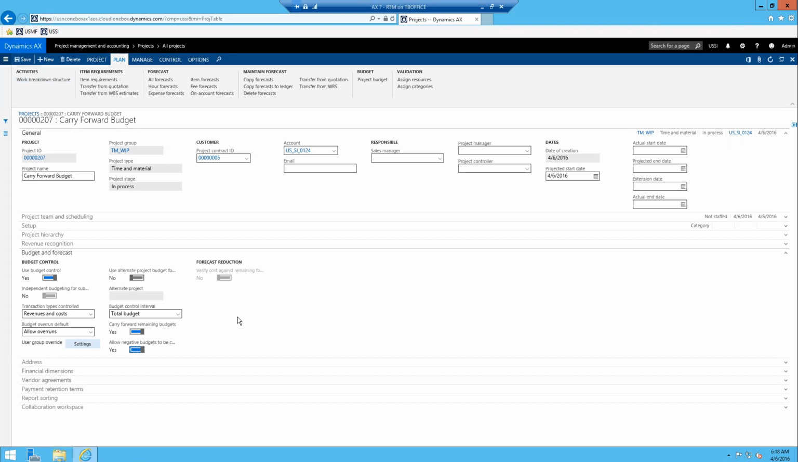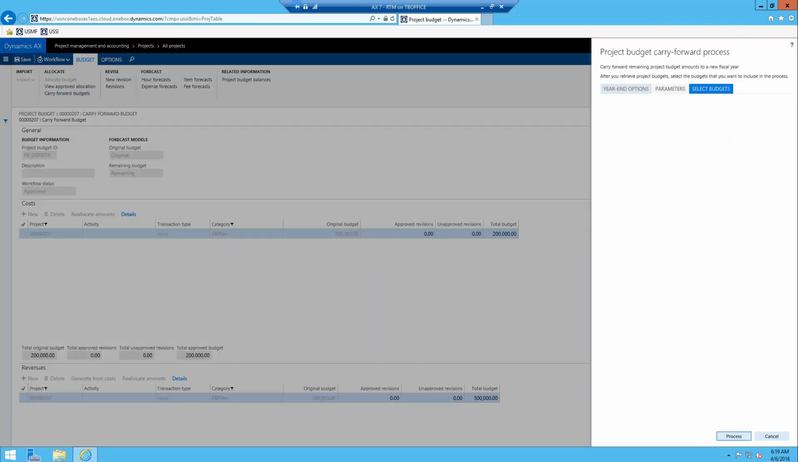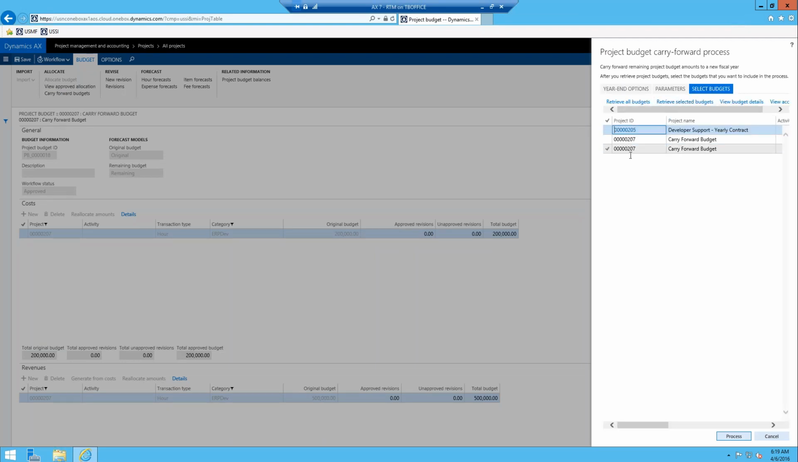All right. So once I've toggled my project to actually allow for carry forward budgeting, we can run the routine. I'll go ahead and just run it from the project here. Hit the carry forward budget button. If I hit retrieve all budgets, now I can see that my 207 project pulls in,